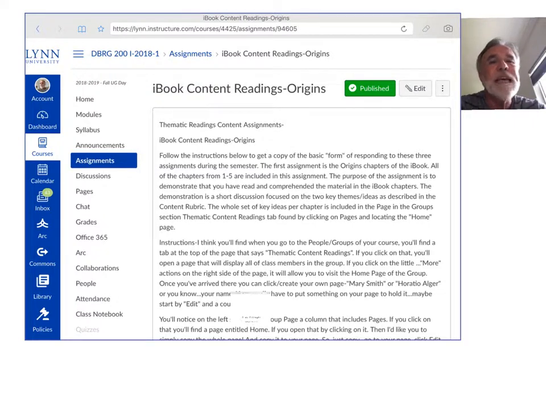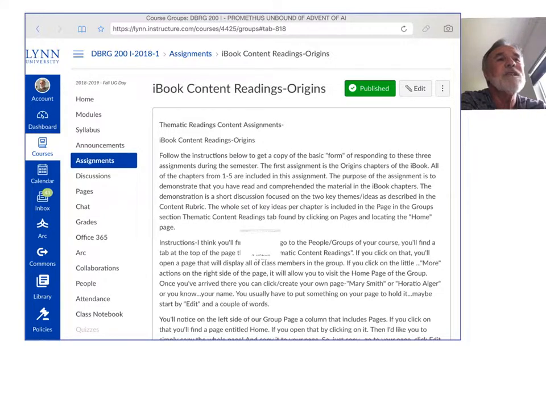All right, so how do we get there then? We click on people, all right? And I went through this with one of my announcement videos, and so here's all the people. That's us, all of us peoples. And then when you click on the highlighted Thematic Readings content page, you come up with a page that looks like this. Off to the side are these three little dots, which give us more. And when we click and visit the group home page, we get here.